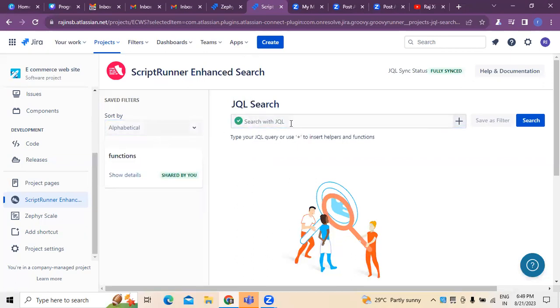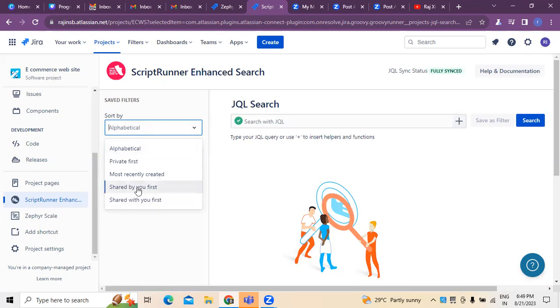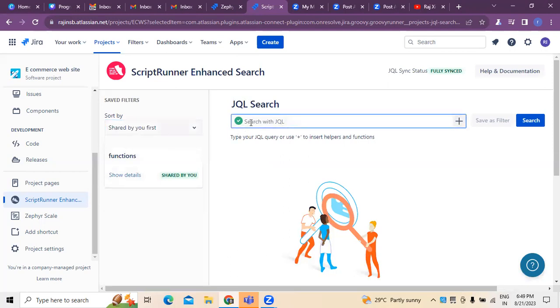But make sure if you want to do this, here there is a sort by option. This is basically an alphabetical order, which can be created first. Or if you want to sort by user first, this is where generally we have to sort. Based on the sort button, whatever is related, the SQL queries and the JQL queries are what we have to handle. But make sure whenever you create SQL queries or JQL queries, there must be an option where it has to sync properly. Unless it is synced,